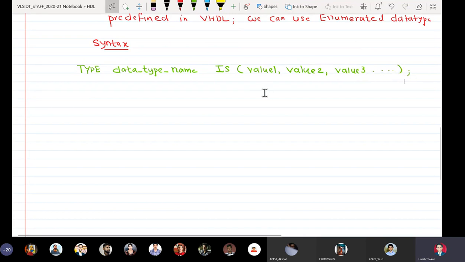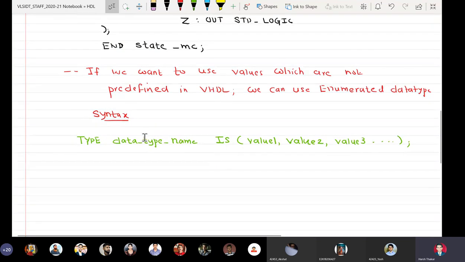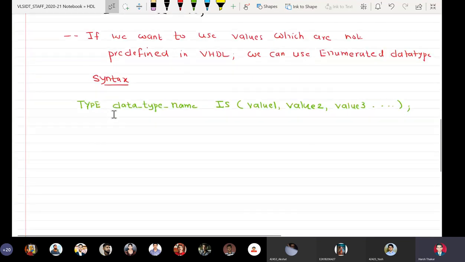Okay, so the syntax for using a user defined data type is the keyword type followed by data type name, is, and the set of values.